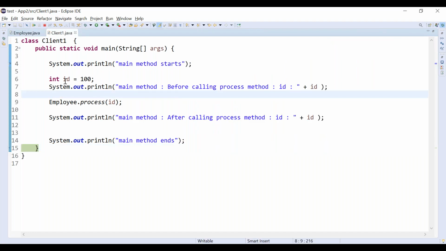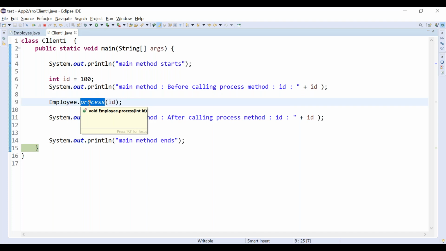What are you doing in pass by value? Very simple. We are passing a primitive type. In pass by value, when you are passing a primitive type, even though its value is changed inside a method, that is not affected to the caller.